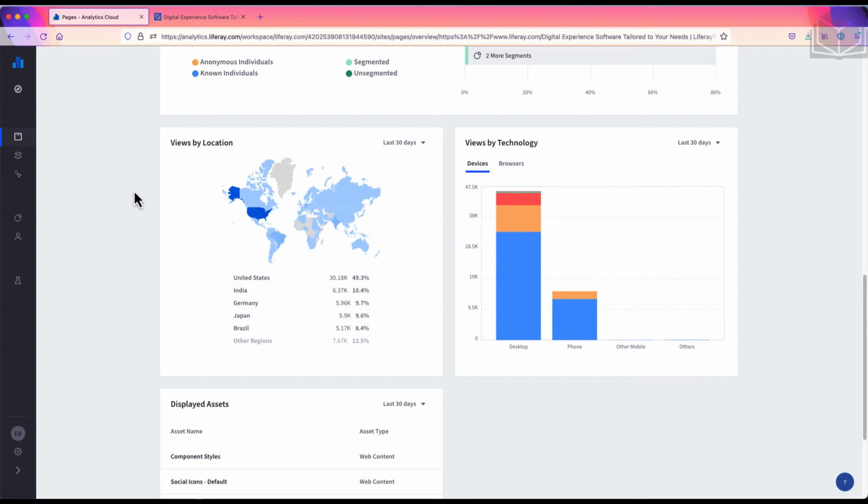The Views by Location panel shows us where in the world visitors to the page are located. The world map shows a color-coded view, with darker blue representing more views. There's also a list of the top regions below the map. As usual, we can hover over the map to see specific data points, and we can change the time frame